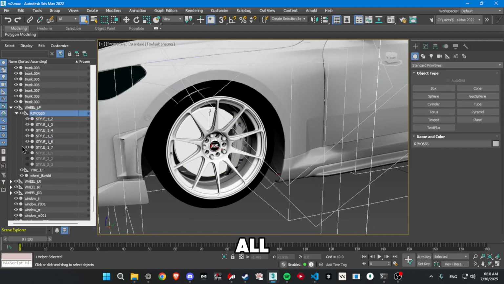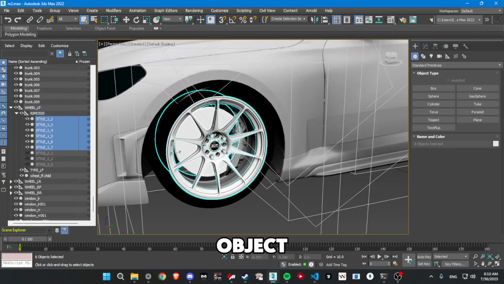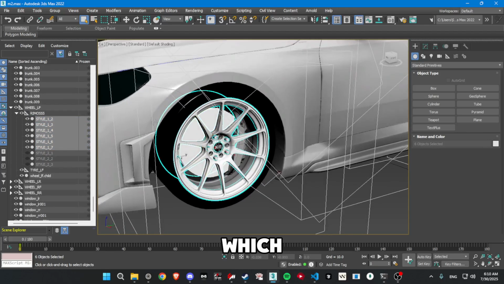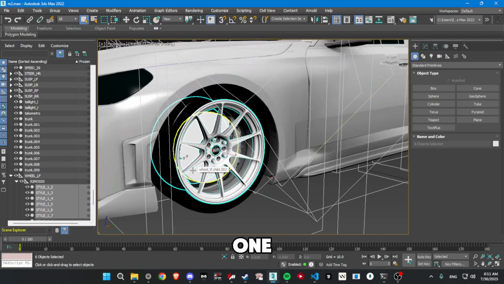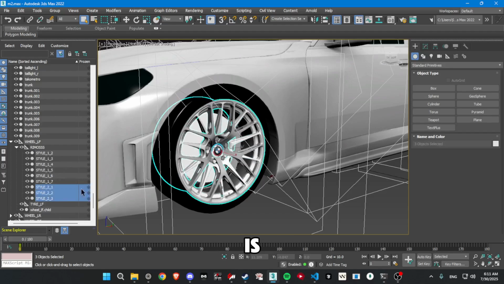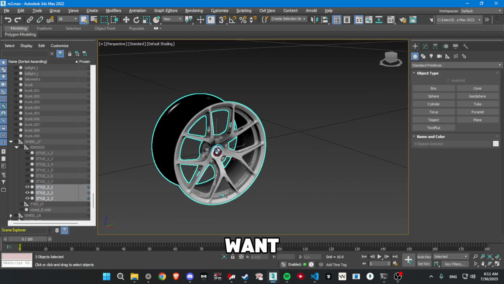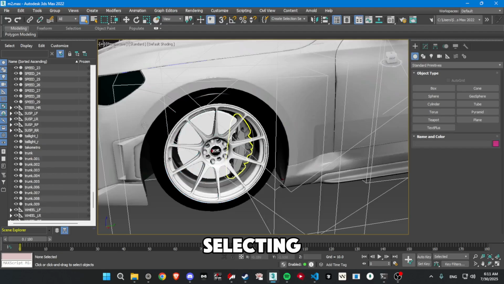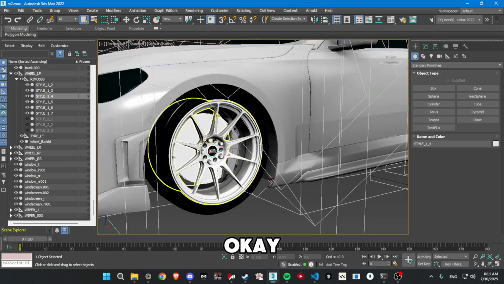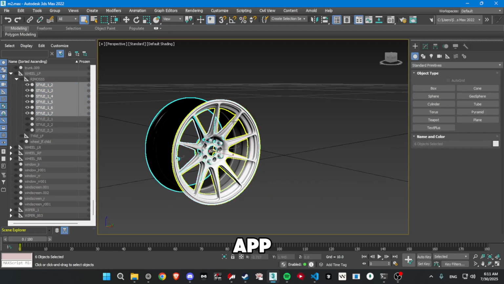So first of all, you're gonna select your rim object. Okay, let's say this is the first style. You gotta choose which object is the default style, like the one the player spawns in with. And you gotta choose which is the style 2 object that you want players selecting or changing, whatever you really want. Okay, so as you can see here, I have already renamed them to be compatible with the app, but